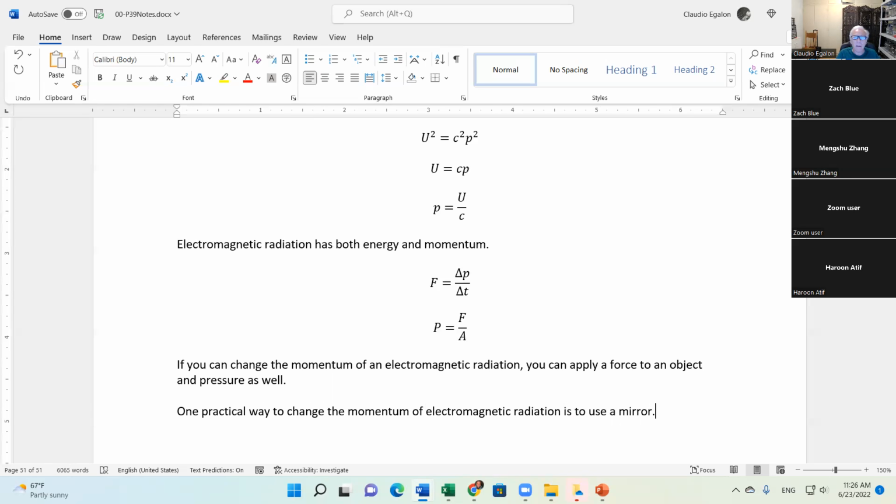You can shine your laser light on a mirror, and that mirror will suffer a force. You don't feel the force because this force is very small. Here on the surface of the Earth, there's no practical way of measuring this force. It's very difficult. Only recently people started doing that in the lab. But in space, that can be more easily seen, because we do not have drag, we do not have weight, right? Your objects are weightless, and so it's easier to observe that in space.